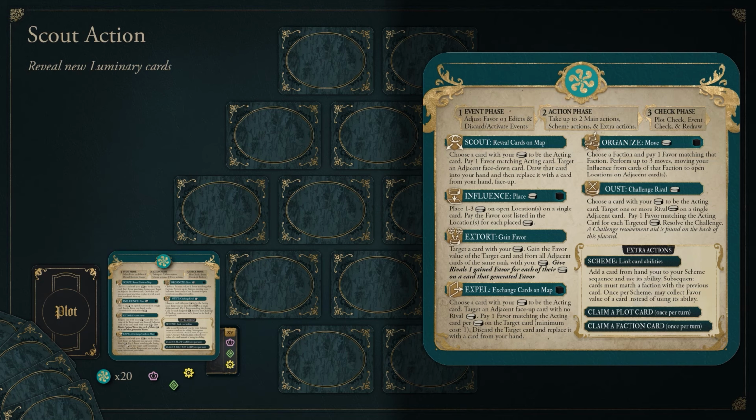Okay, so let's start with the scout action. So the scout action is really what you do in order to expand and explore the map and kind of discover new luminary cards. So how the scout action works is that you pick a card where you have influence. And at the start of the game, this will always be your Areopagus card. It's up next to the map. It has an influence on it. You will then